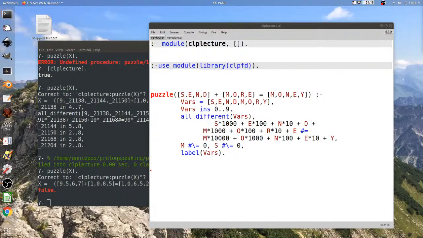Okay, so anybody have any ideas how we can go about this? Comments? Okay, we're going to have an operation.